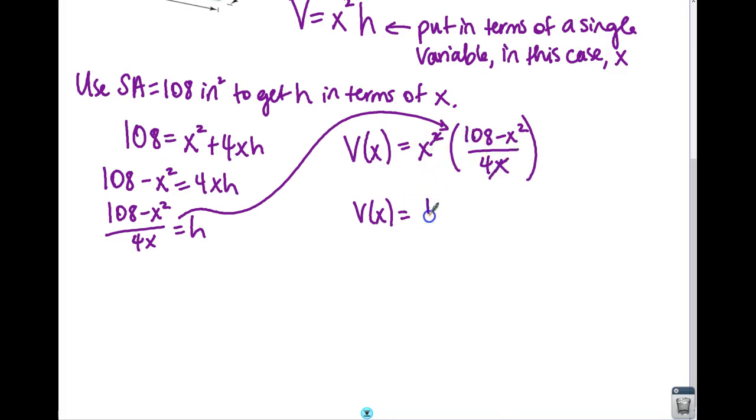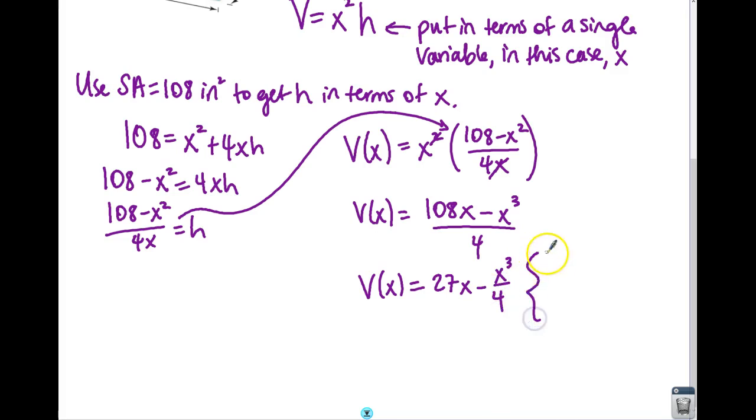So then I'd have 108x minus x cubed all over 4, which I could leave like this, or if I wanted to, I could also make this volume is equal to, the 108 over 4 is 27x minus x cubed over 4. Okay, this is my function, volume as a function